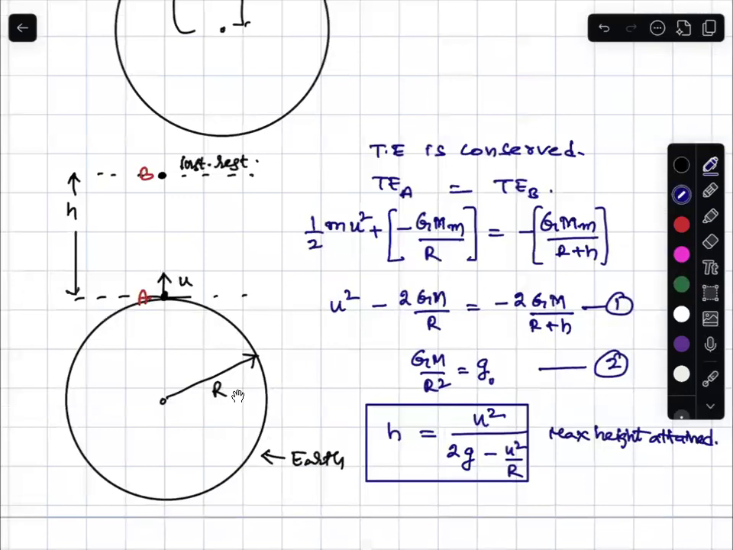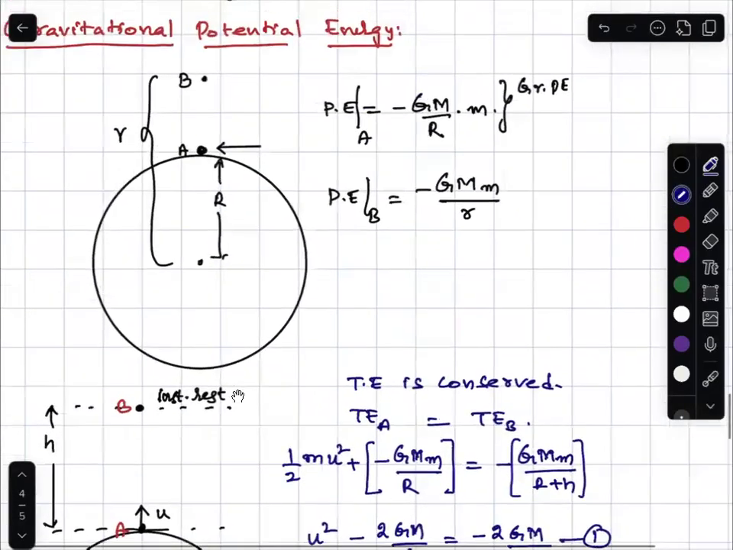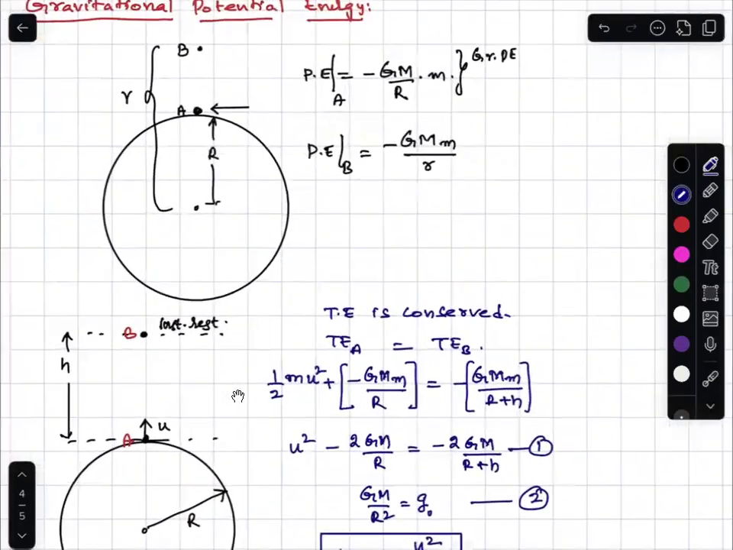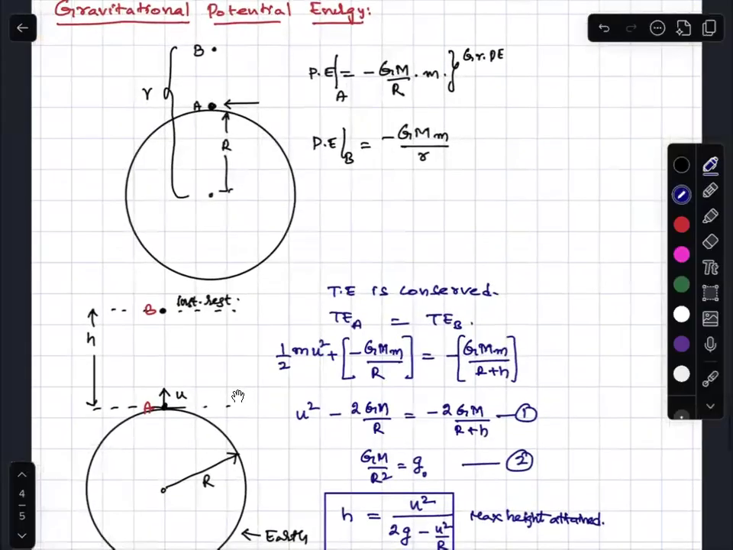So this is the expression for maximum height, and this is the potential energy concept. Now tell me, do you have any doubt on this? Boys and girls, if you have any doubt on this,